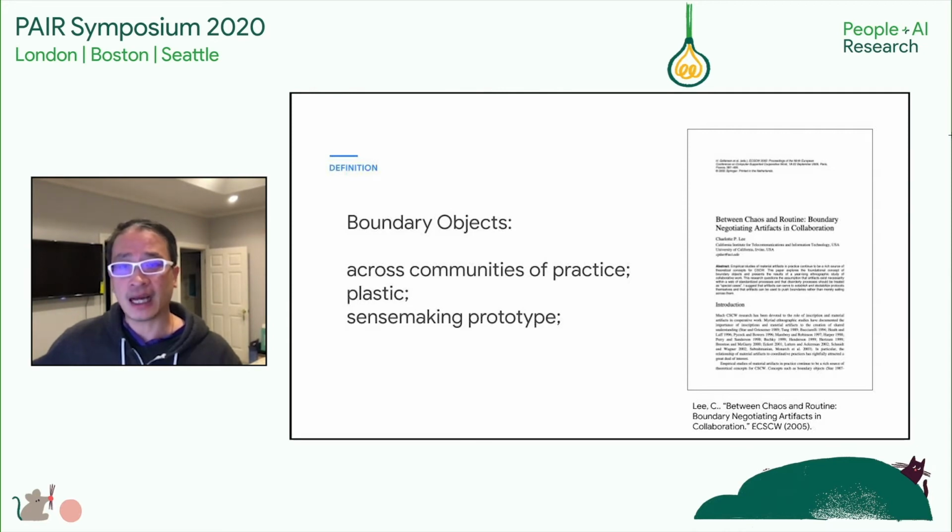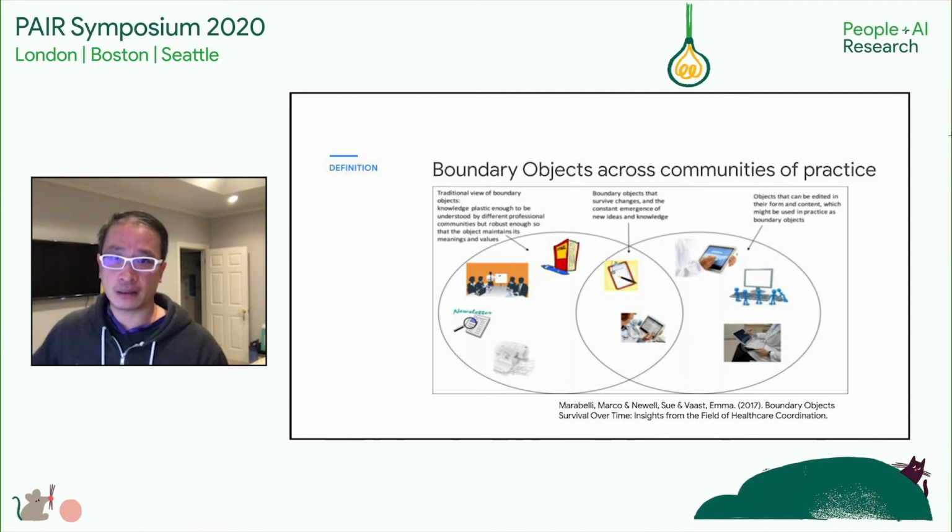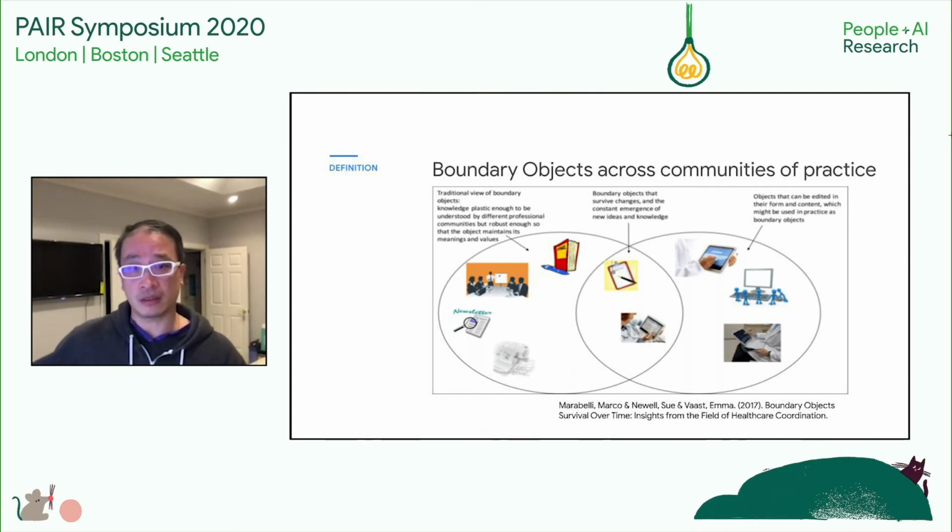So I think this idea that boundary objects can be communication vehicles for different communities of practice indeed does play out. And importantly, the idea that these boundary objects cross different communities of practice, that product managers, business owners, engineers and researchers can all use them to communicate with each other, is a very important concept that actually does work out in this setting.